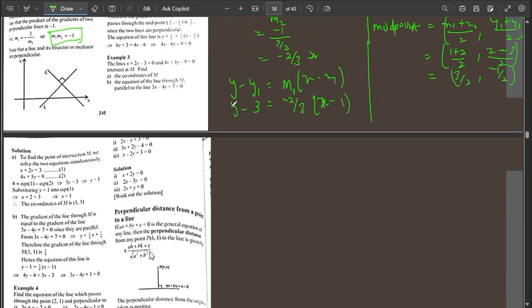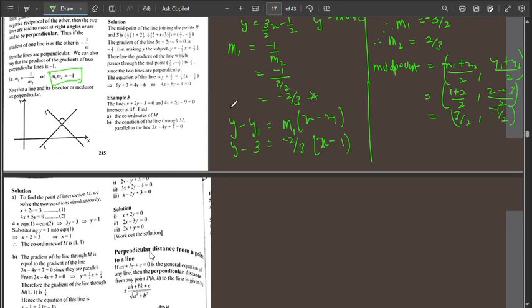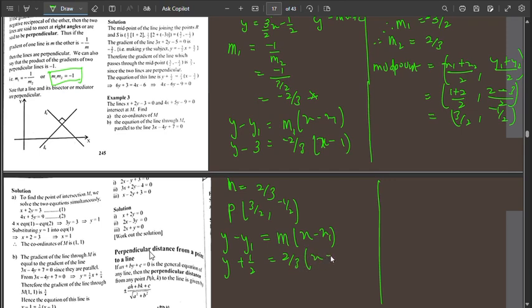So this is the point we can use to find the equation of our line. Now we have our gradient, which is 2 over 3, and we have our point, which is 3 over 2 and minus 1 over 2. So now we're supposed to find the equation y minus y1 is equal to m bracket x minus x1. Let's substitute. y minus y1 here is half, so that's plus half because minus minus is plus, is equal to m, which is 2 over 3, and then we have x minus 3